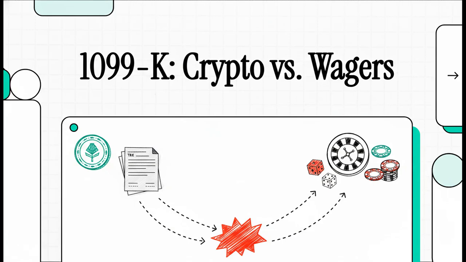Today, we are diving deep into a problem that is, frankly, becoming a massive headache for tax practitioners everywhere. We're talking about that messy intersection of digital assets, payment reporting on forms like the 1099-K, and online wagering. This isn't just some new trend. It's a perfect storm for audit risk. And if you're not on top of this, your clients could be in for a world of hurt. So let's break down exactly what you need to know to navigate it.